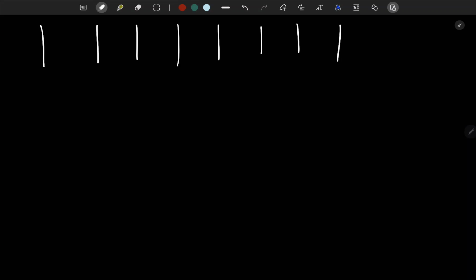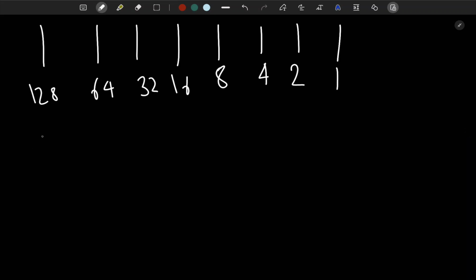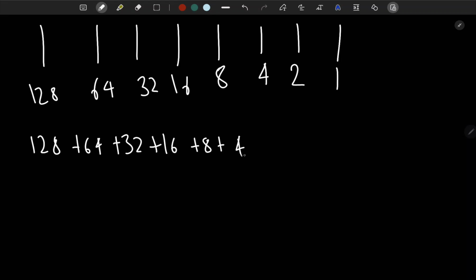Let's do another example. So here we have all ones. So again, let's start with the base two numbers, which is 1, 2, 4, 8, 16, 32, 64, 128. And here all of them are ones, so we have no zeros. So all we need to do is just add them all up. So 128 plus 64 plus 32 plus 16 plus 8 plus 4 plus 2 plus 1, which is